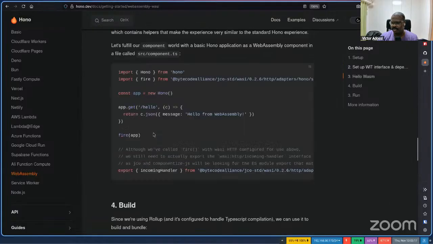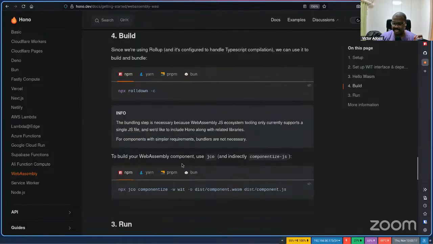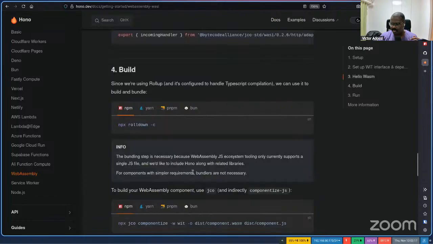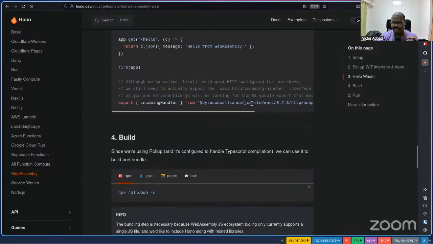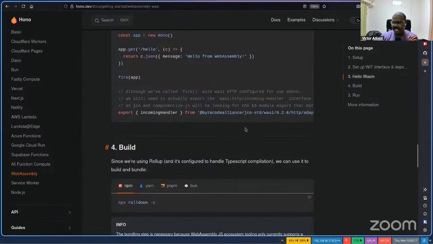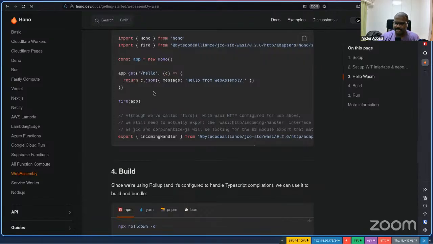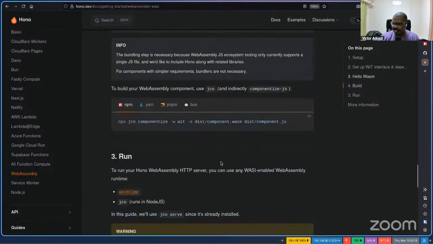And how you would build, again, this app, and how you would build a Hono app for the WebAssembly platform as it exists now. Again, as the JS ecosystem evolves, the jco-stl package should be less and less necessary. But for now, this is a lot easier than writing a lot of implementation that you'd have to write yourself to bridge the types. It's possible, we just wanted to make it easier for people.